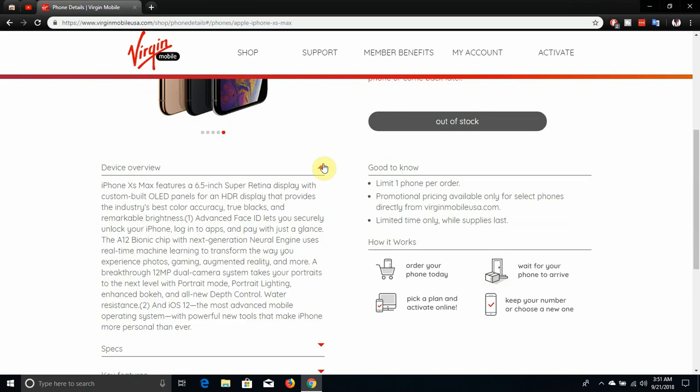Device overview. iPhone XS Max features a 6.5-inch Super Retina display with custom-built OLED panels for an HDR display that provides the industry best color accuracy, true blacks, and remarkable brightness. Advanced Face ID lets you securely unlock your iPhone, log into apps, and pay with just a glance. The A12 Bionic chip with next generation neural engine uses real-time machine learning to transform the way you experience photos, gaming, augmented reality, and more. A breakthrough 12-megapixel dual camera system takes your portraits to the next level with portrait mode, portrait lighting, enhanced bokeh, and all-new depth control. Water resistance in